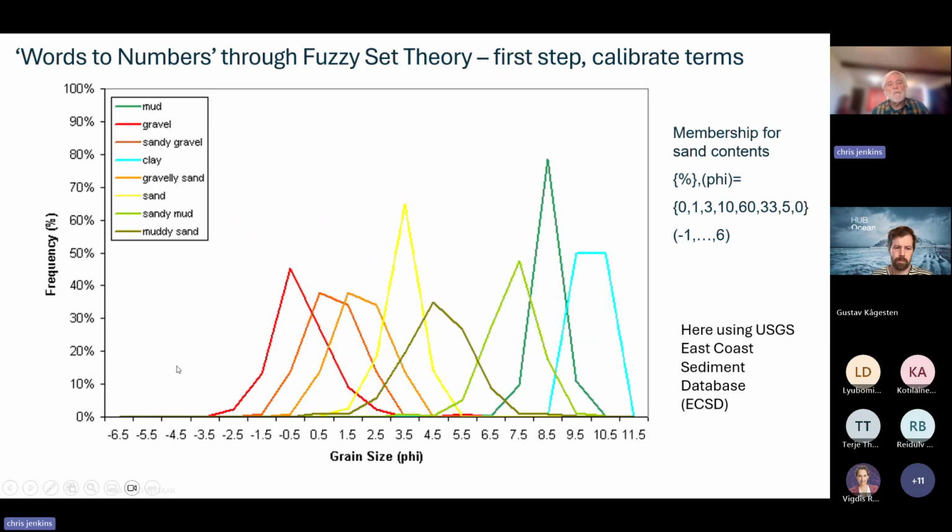Now, what is the arithmetic or mathematical basis of bringing the word-based data in? We think along the lines of fuzzy set theory. So if somebody says medium sand, then in the way people use that term, that has a membership function which relates to phi values of the sediments.